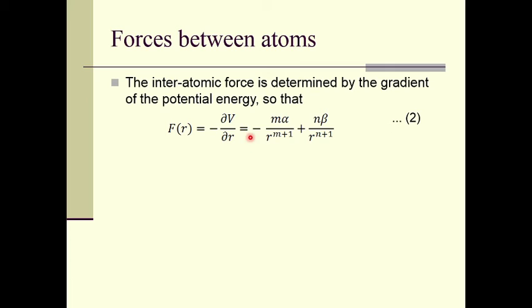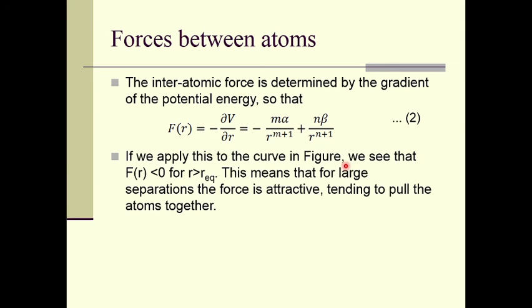If we take the derivative of the equation of V, in that equation what we have, V is equal to minus alpha upon r raised to m plus beta upon r raised to n. Now, if I differentiate it with respect to r, then we can write minus m alpha upon r raised to m plus 1, right, because the differentiation of 1 upon r raised to m is 1 upon r raised to m plus 1 into m, plus n beta upon r raised to n plus 1, which is the differentiation of the second term.